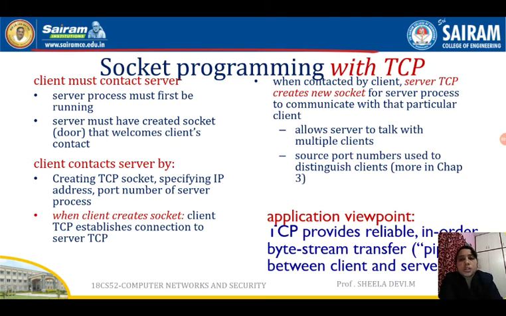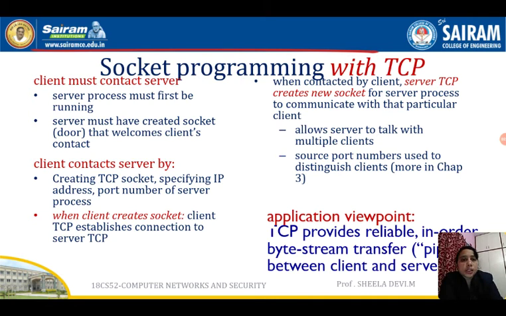Once the welcoming, that is the handshaking, is done and the connection is established, the connection is set up between the client socket and the server socket.